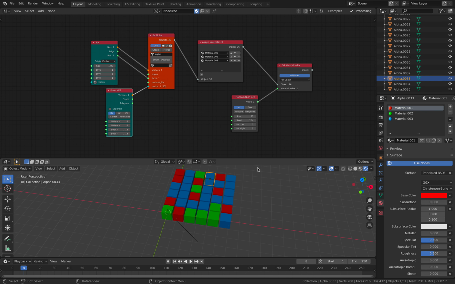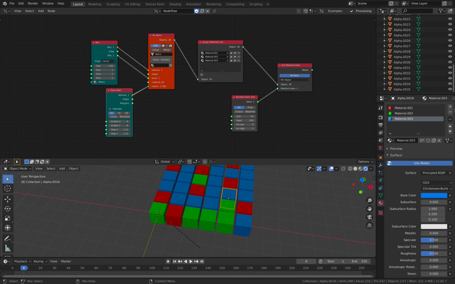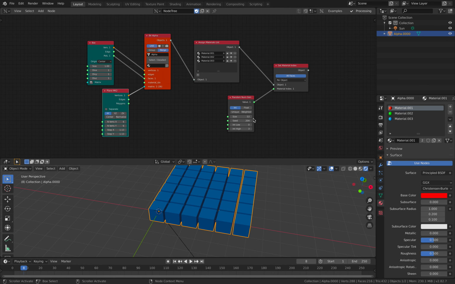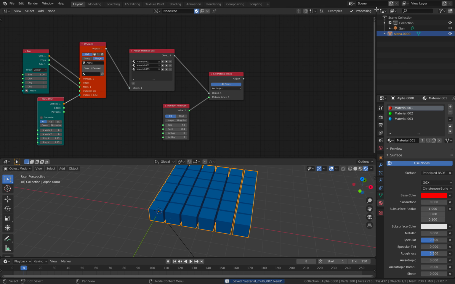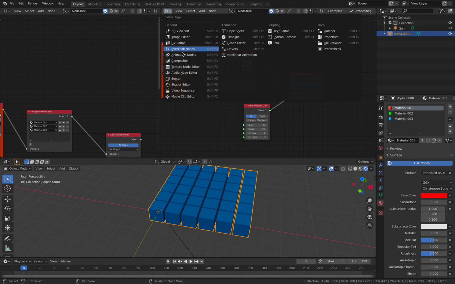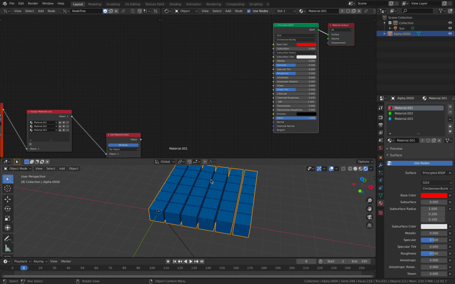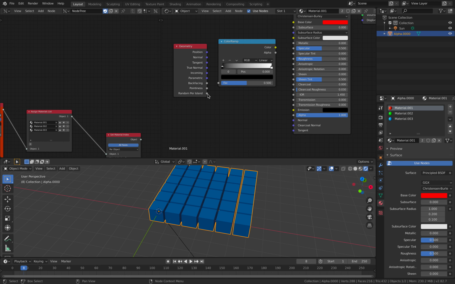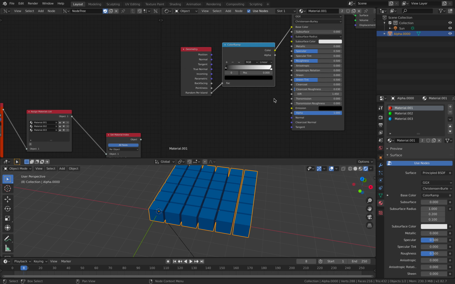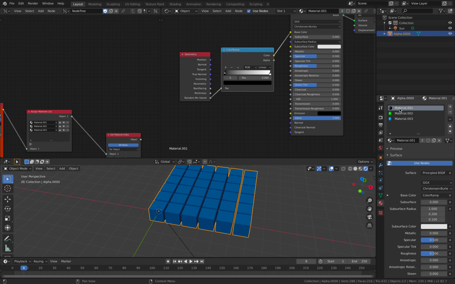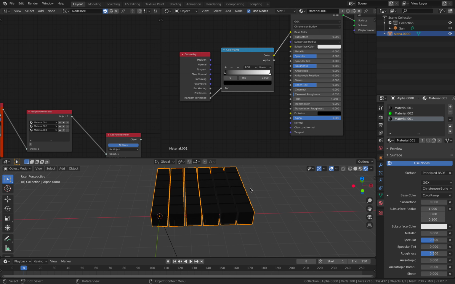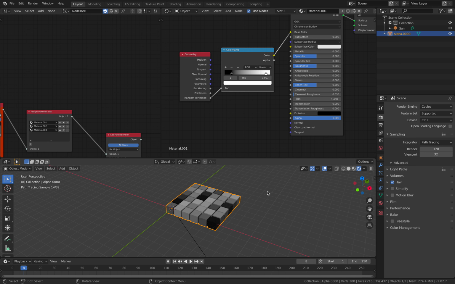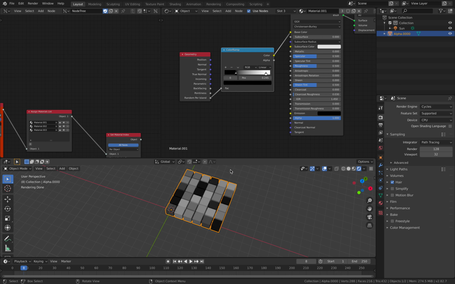In a more complex scene, you don't want to have too many objects in the scene, so it's probably better to merge them. So now it's merged into a single object, and usually if it's a single object and you want to give multiple materials, you can do it in a more efficient way if you are using shader. So this is like material number 3, but we can use geometry and color ramp. So random per island. So this one should actually do the job. Okay, I need to replace this with that guy. Random per island. Okay, this works only for Cycles. So there you go. That's pretty much what I'm trying to do, but I'm gonna be using